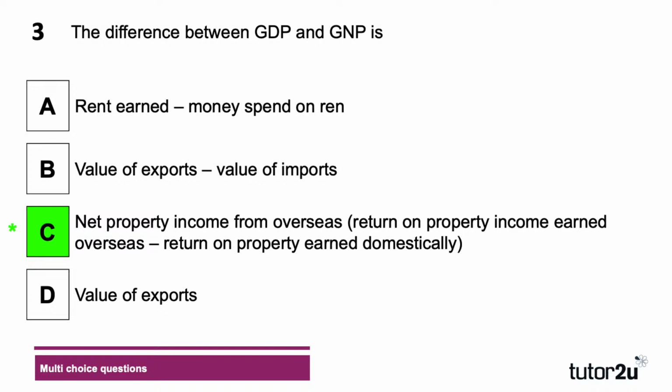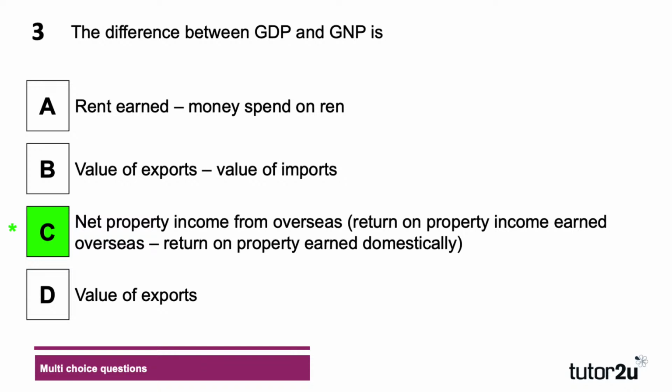So the difference between these two is that gross domestic product is what's being made within the country. It doesn't matter who has made it, or who the factors of production belong to. It has been made within the country. GNP has been made by nationals of the country. So we need to make adjustments for factors of production owned by nationals in different countries, and we do that by net property income from overseas.